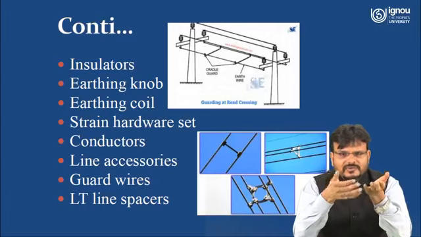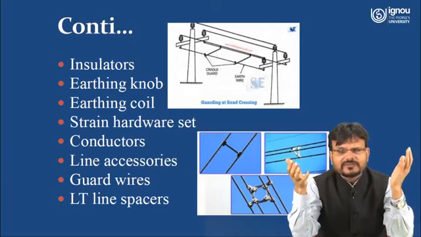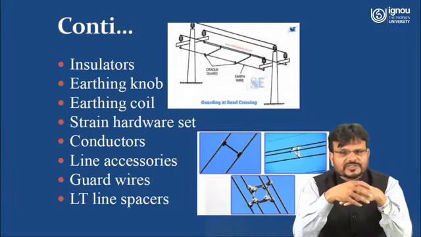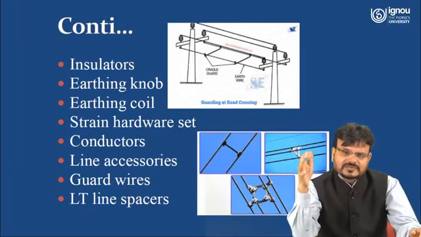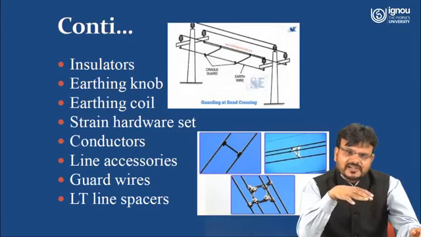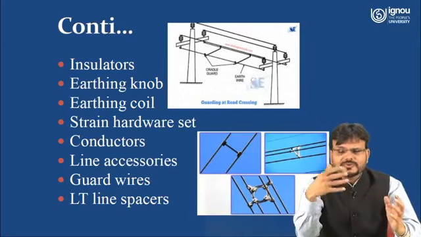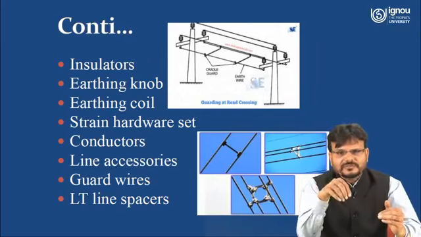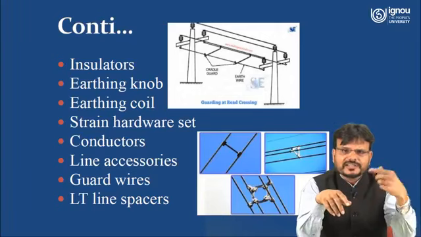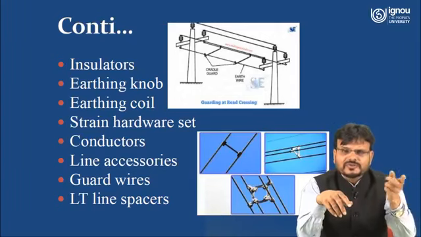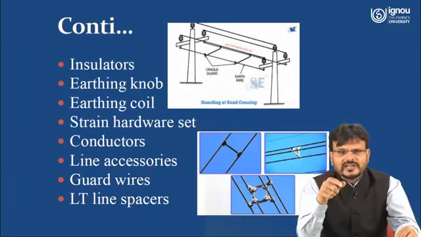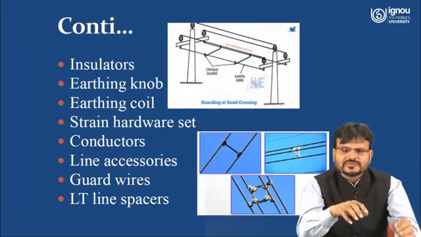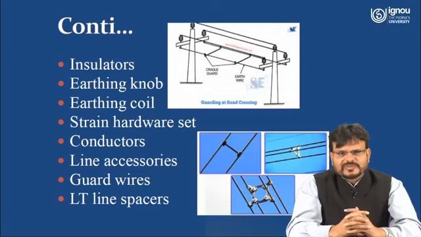a different number of wires will be used. In case the wire breaks due to wind velocity or maybe due to a different reason, and this live wire comes into contact with any car or any vehicle, that means that particular person may get an electrical shock. Suppose this wire breaks, it will fall on the guard wire, and this guard wire is connected to the earth wire. So whatever current is coming in the conductor will come onto the guard wire, and this current may be transferred to the ground. So it is used for safety purposes only.